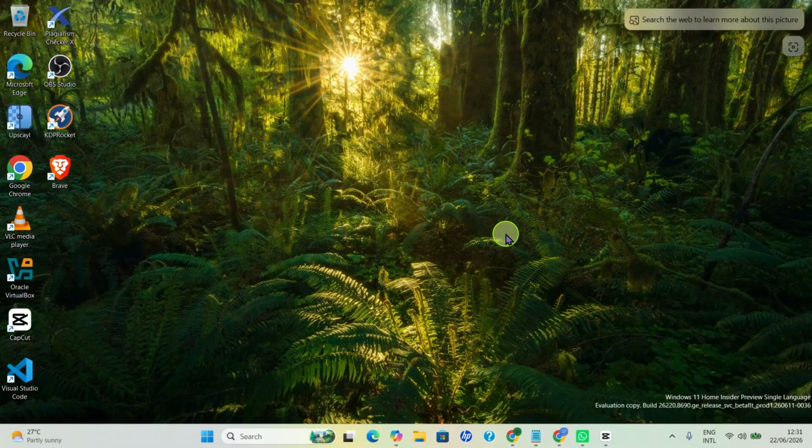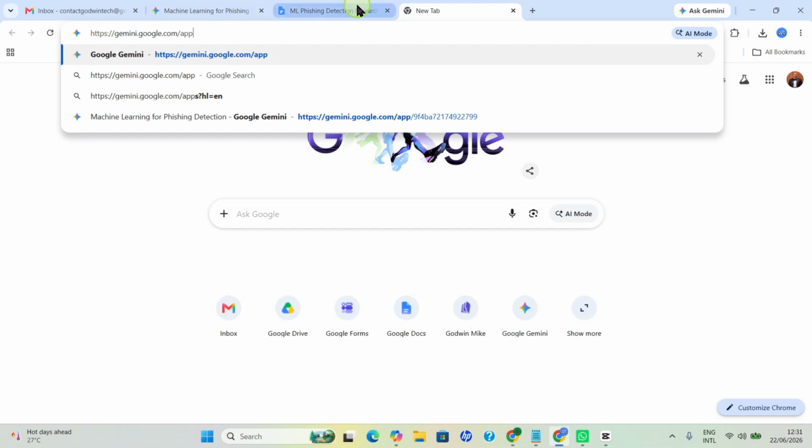You will learn how to generate music with the Google Gemini AI feature. The first step you need to take is to launch a web browser. Here I'll be using Google Chrome. Once the browser opens, visit this web link,